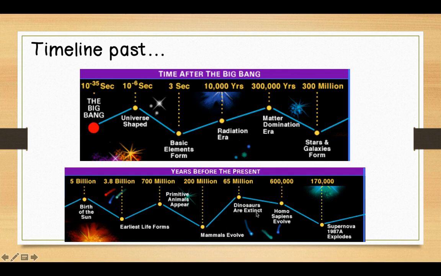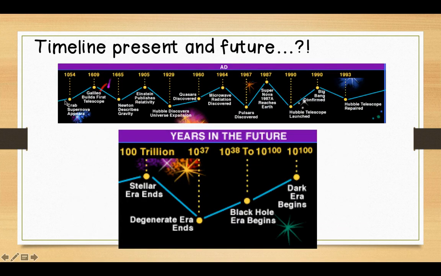Animals, mammals, dinosaurs, people. And then only about 170,000 years ago, in 1987, a supernova exploded. And then we go forward. So then now we have another supernova. And then we've got Newton, and then we have Einstein, and then we have Hubble. And starting to get into now, so around the 90s, is when the Hubble telescope was actually